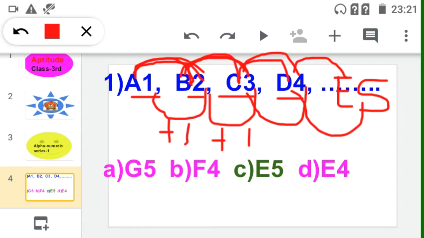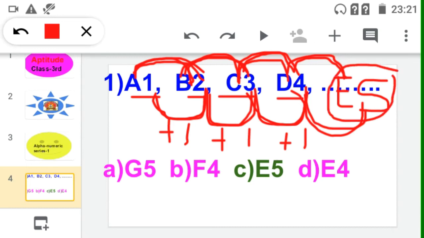Correct? See, here whenever we are solving this series, that time, see, here is A after B in the second term, B after C in the third term, C after D in the fourth term. Okay, and D after E is there. Correct. And now 1, if we add 1 to 1, then you will get 2. Then if you add 1 to 2, then you will get 3. Then 3, if you add 1 to 3, then you will get 4. And then 4 after which number will come there? That is 5. So your fifth term is E5. So in the options, where is E5? Yes. So option C is correct.